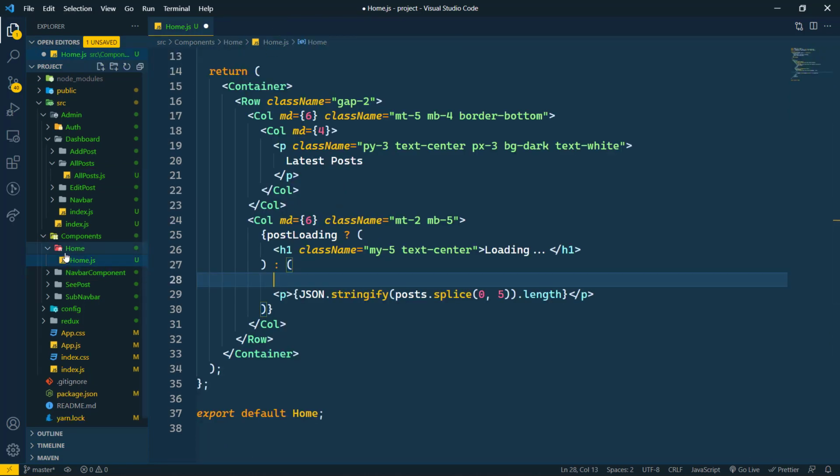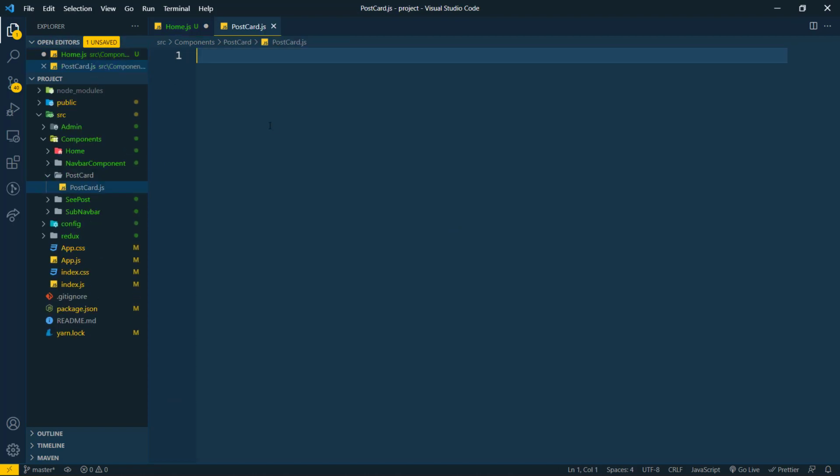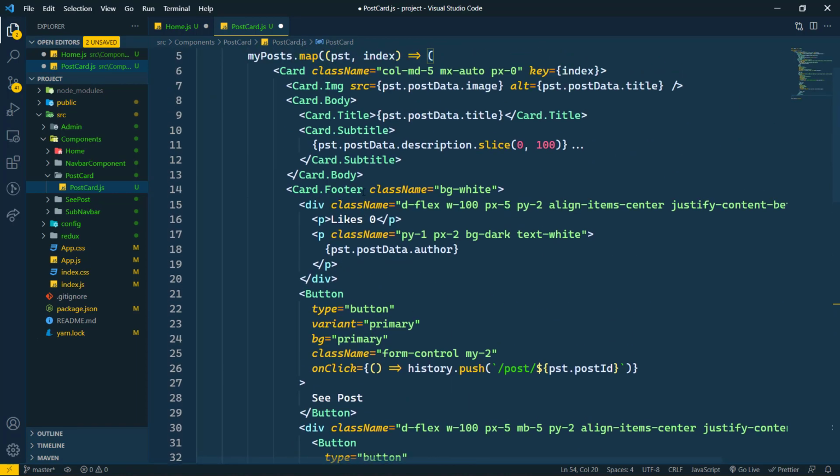Here we will get one component for this card. Let's create a folder here, post card, then postcard.js, RAFCE. We are going to create this. Postcard is there. Now I'm going to paste this card here.